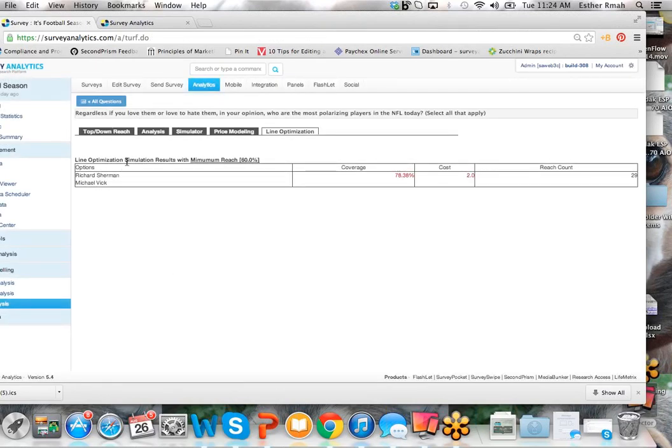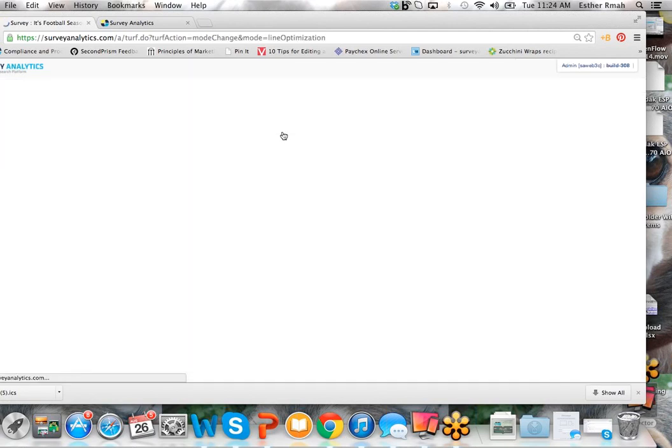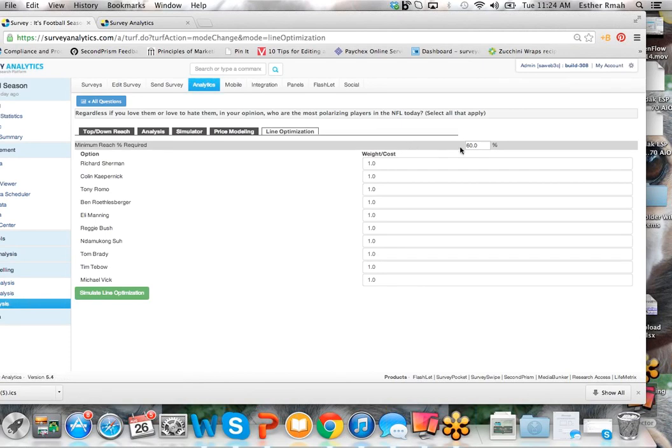You can go in and see that these here are your two best options to at least hit your minimum reach. You can always go in and make changes, and you can update this, and it'll be available to you to run different kinds of simulations as you go along.